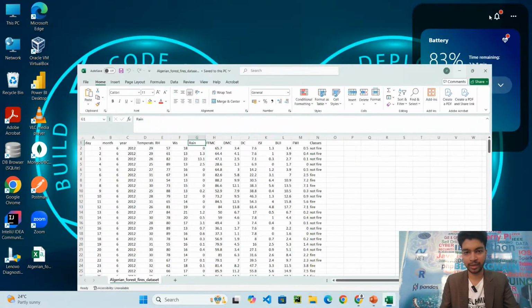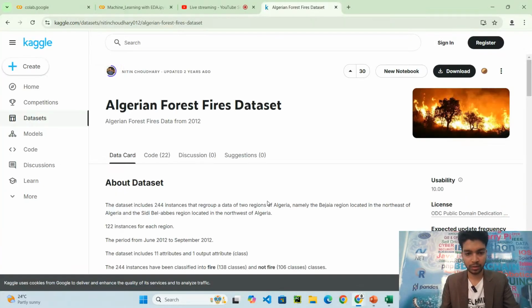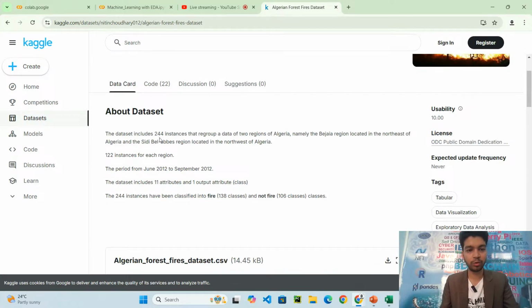If you study the dataset on Kaggle, you will find that it includes 244 instances that are grouped into two regions of Algeria, namely the Bejaia region located in the northeast of Algeria, and the Sidi Bel Abbes region. So this dataset includes two regions. One is the Bejaia region, another is the Sidi Bel Abbes region. It is a combination of both datasets,